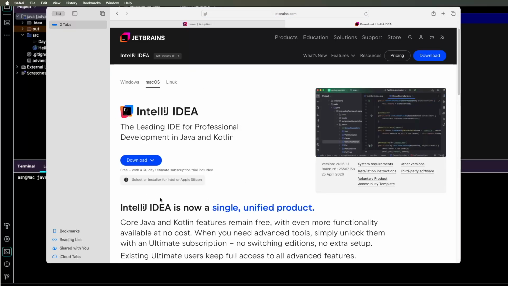Once you go to this page, you will have three options: Windows, Mac OS or Linux. Depending on your OS, choose that. For Mac OS, there are two options: Apple Silicon and Intel. The older Macs used Intel, so if you use an older Mac, you can go for Intel. And if it is relatively new with M1, M2, M3, M4, you can go with Apple Silicon. If you're watching in future, it could be M5 also, which is releasing mostly next month. So that's it. You just have to download it and install. Once you do the installation,